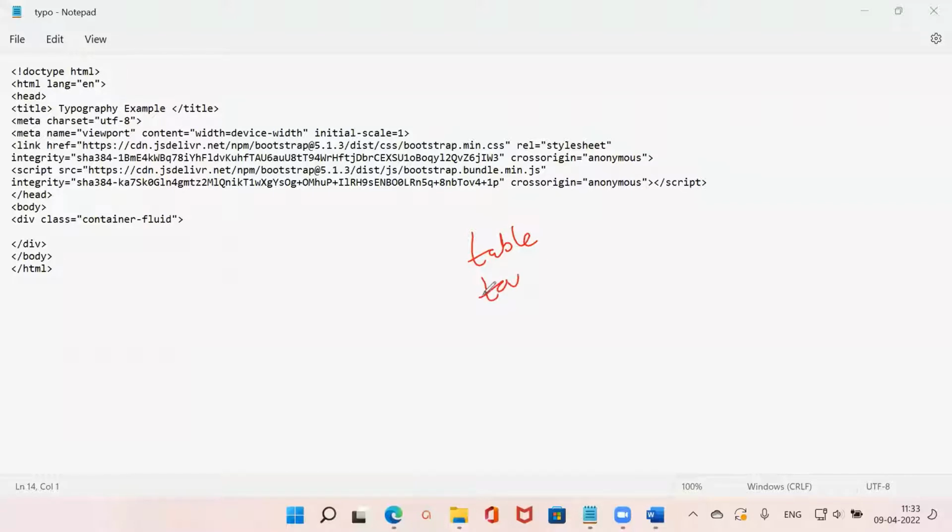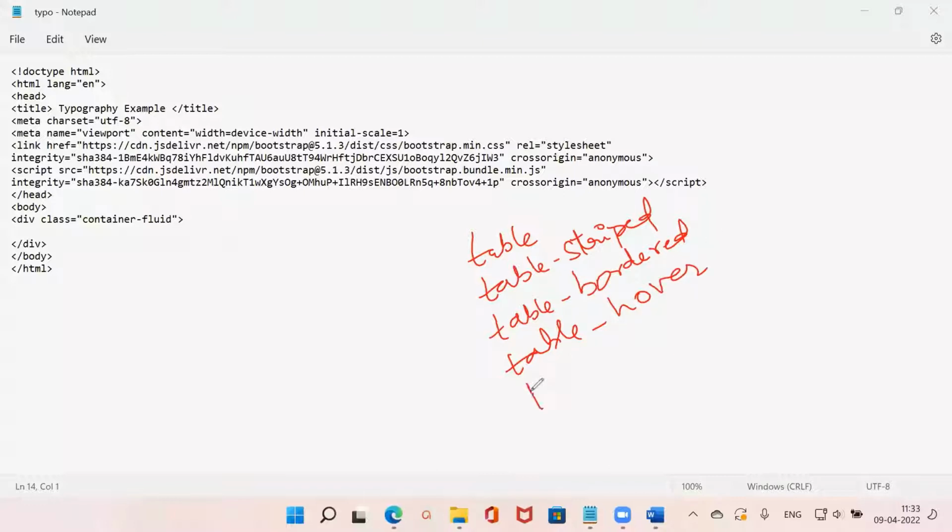The next one is table-striped. There is only one P over here. And then the next one is table-bordered, and the next one is table-hover, and the next one is table-condensed. And the next one is table-responsive. So these are the classes that are available in Bootstrap, which will help you to create